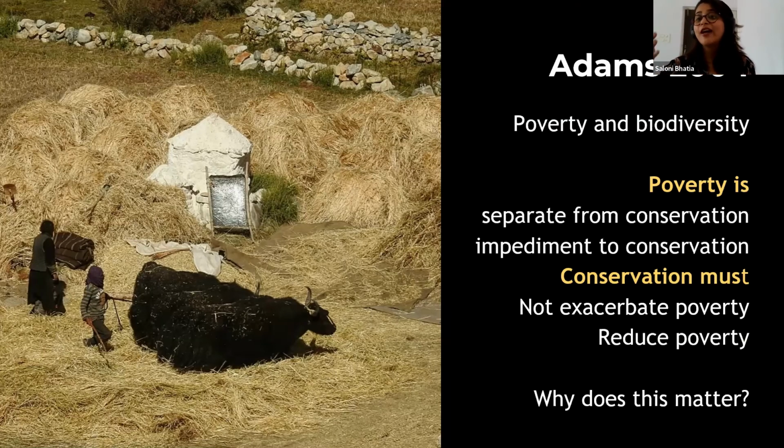because that helps us identify the mindset with which one is implementing a particular program. Whether we are trying to reduce poverty, in which case we will have a different set of goals and a different set of activities. If we are trying to maintain the status quo, we'll focus on different kinds of activities. If we think that poverty and conservation do not converge at all, we'll have a very different approach to conservation versus if we think that poverty can be an impediment to conservation. So Zulma, have I missed any responses?